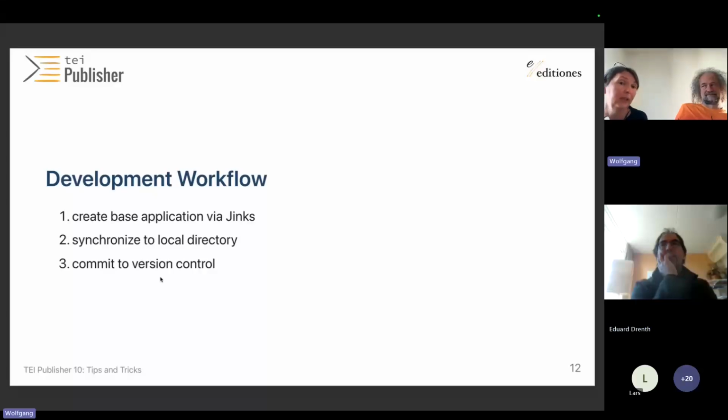So the first step is always create it with Jinks, then synchronize to a directory on your local file system, so you can commit it to version control. For us, what we have in version control is the ground truth. This is mainly because we are working in teams, so we absolutely always want to have everything also synchronized to a Git repository